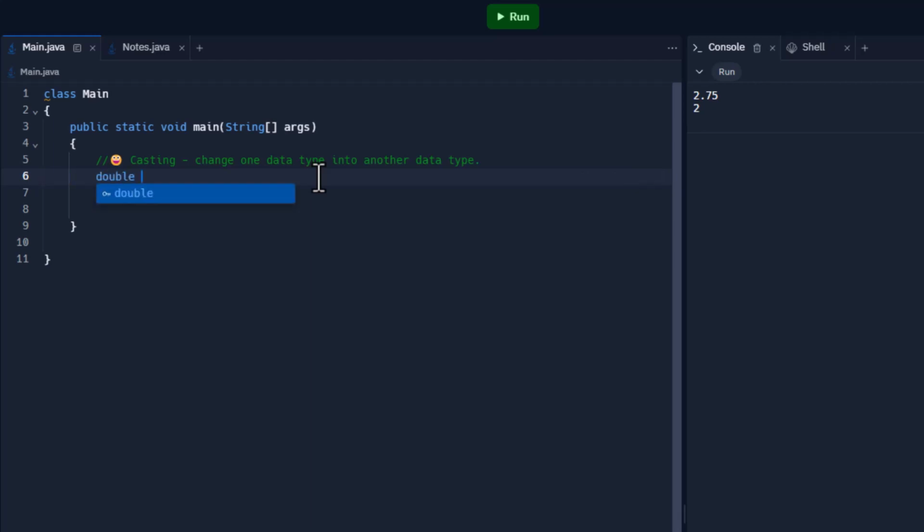I'm going to create a variable called x. So we've declared a variable. I'm going to assign it a value of 2.75, and then we're going to just print this out. So I'm going to do a System.out.println, and we're going to print the value of x. All right, so let's go ahead and run this, and we should get simply 2.75, and we get 2.75, which